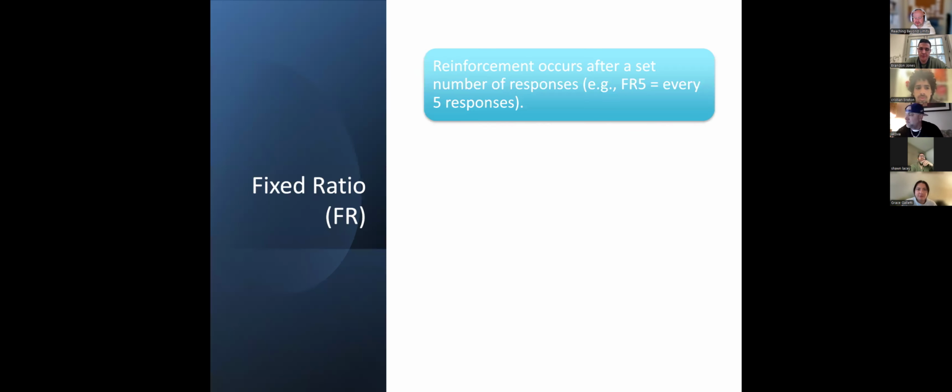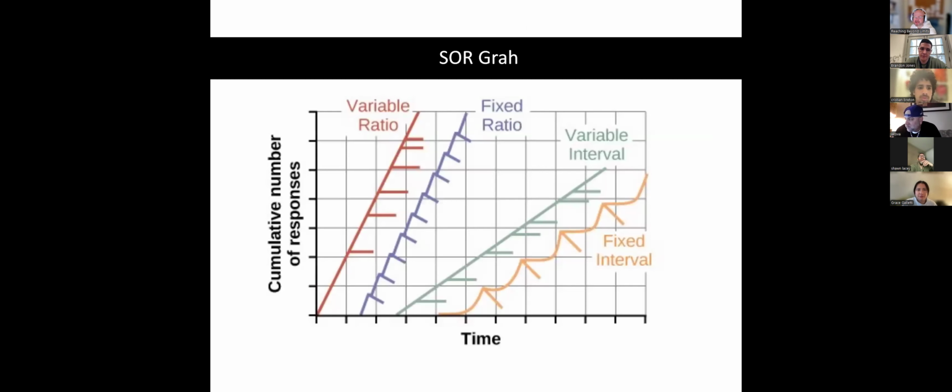Like I said, when dealing with problem behaviors, the variable ratio schedule is a very common reinforcement schedule that we see in our work. And if we see that line, there's no post-reinforcement pause. It's going almost straight up, and reinforcement is being delivered every so often for every so many responses. When we see problem behaviors on this variable ratio schedule, it's important that we recognize this is happening and try to change the schedule of reinforcement by doing something a little bit different. So this is the variable ratio schedule, and you'll see it here in the red. Does anyone have any questions about variable ratio schedules?